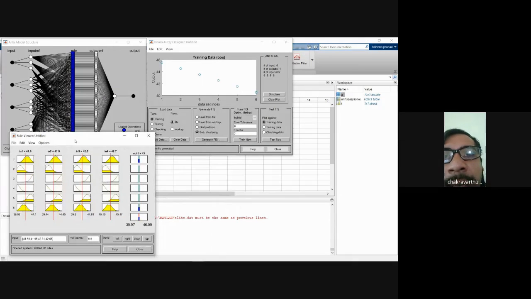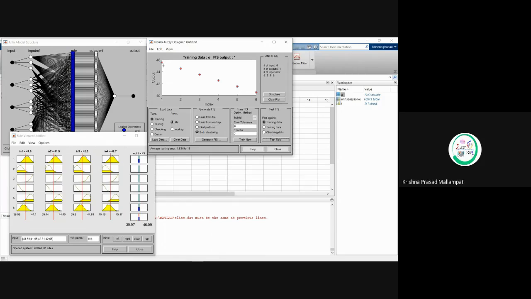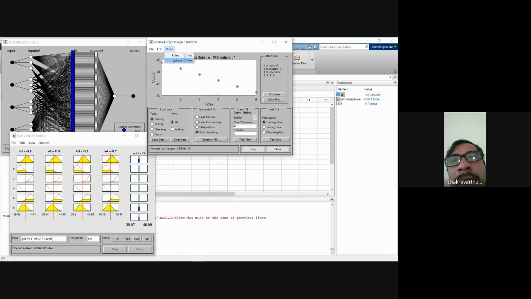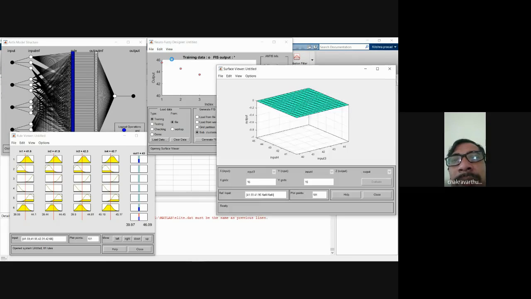Just go through it, and after training the data, just test the data. Click on test data, the last option. Yeah, the prediction is almost correct, sir. See, we are getting the linear data, like the curve is moving in a proper direction, right? So this is the way we can get the data. Then this data we can show, and now we can plot the surface. Some changes are going to happen in the surface also.